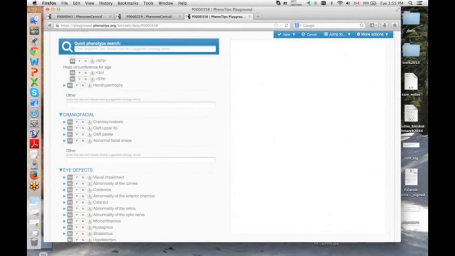Super. And then, Mike, is there anything else that you would like to show us before we close out today? Now you got me on the spot. The pedigree drawing was easy. I think this was the main thing that I wanted to demonstrate, both the Phenome Central data sharing aspect, and Phenotips is there as well. And if anybody has any questions after, if they want to try them out on their own, we're very happy to help. Just send us an email, and we'll try to respond to all of them as quickly as we can.